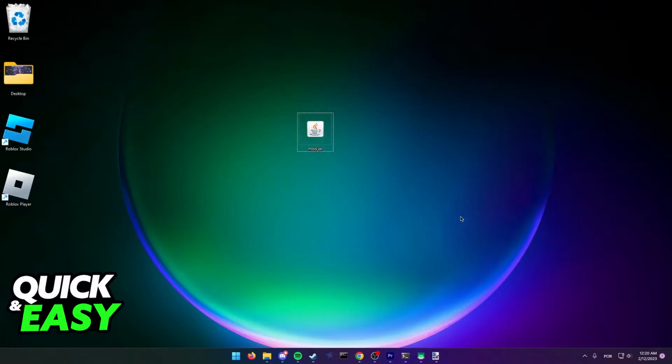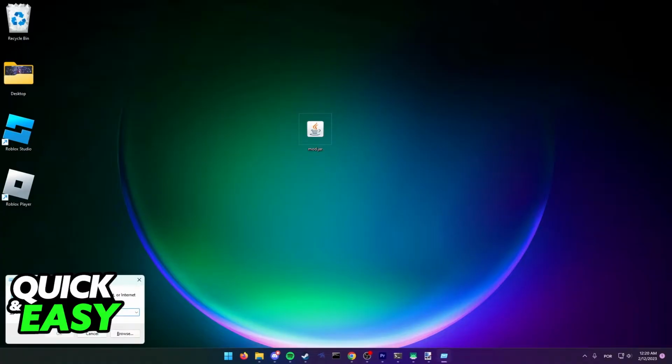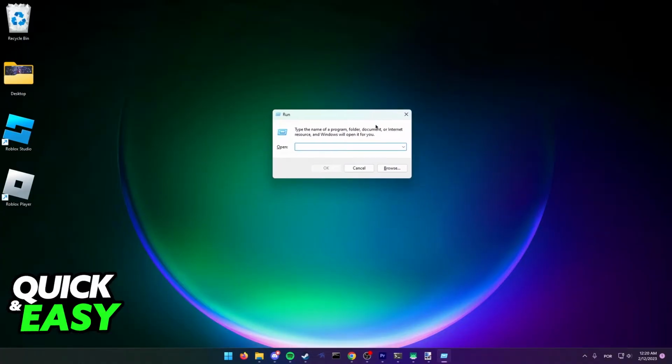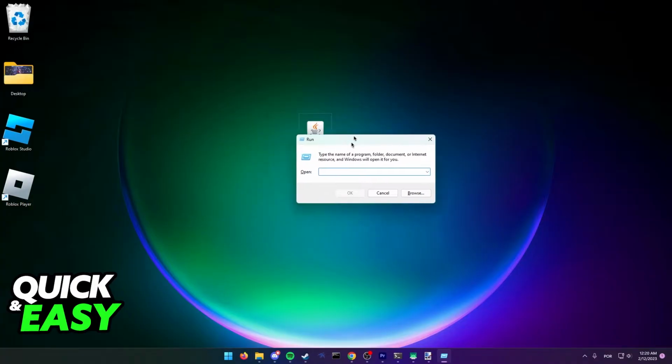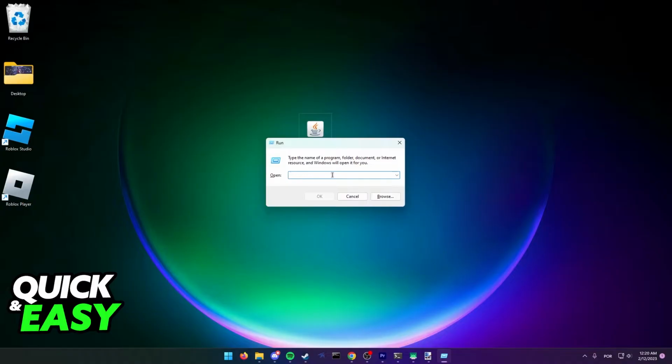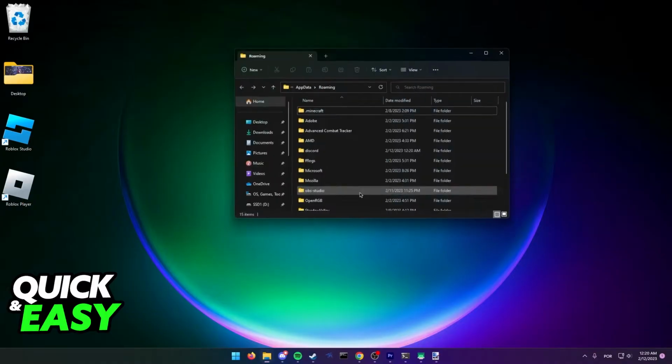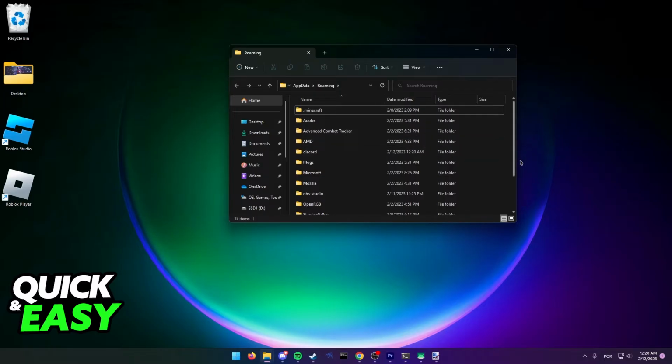After you make sure that Minecraft is properly set up, press the Windows key plus R on your keyboard to bring up the Run menu. If you cannot press the Windows key, just open up the Windows Start menu and look for Run. In here, type %appdata% and press OK. You will be redirected to this page, and as long as you've ran Minecraft once, you